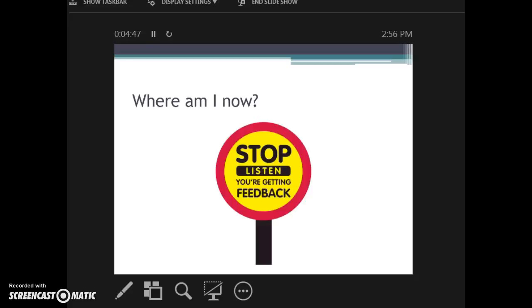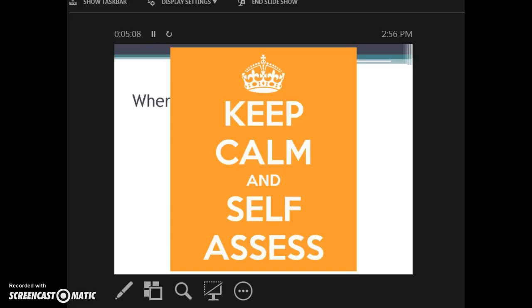Feedback is a super important part of the formative assessment process. So we need to create opportunities in which we can provide feedback to our students in a timely manner so they can use it, rather than getting it back after the quote unquote unit is done, and that's not very useful for them. And the other thing is, as long as we're giving them feedback, we also want our students to learn how to self-assess.